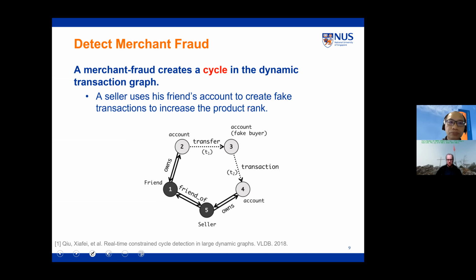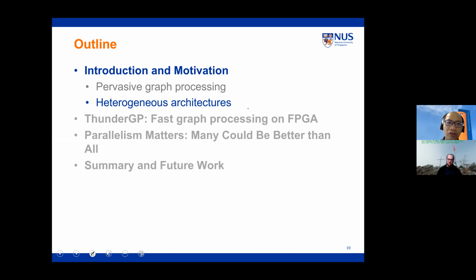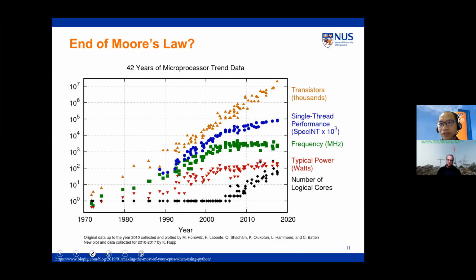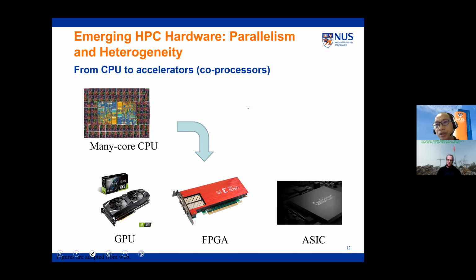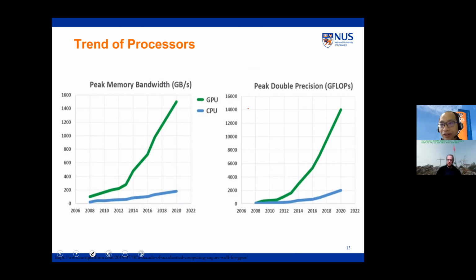Okay, so there are many interesting patterns we can see. But on the other hand, let's review a bit the trend of heterogeneous architectures. We have seen people talk about the end of Moore's law. As processor technology advances, we have witnessed diminishing gains in performance, and that's why we have a lot of design options on heterogeneous architectures: GPU, FPGA, and even ASIC recently. Let's look at them one by one.